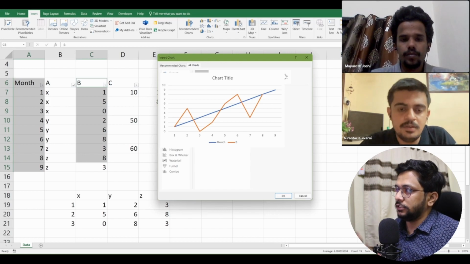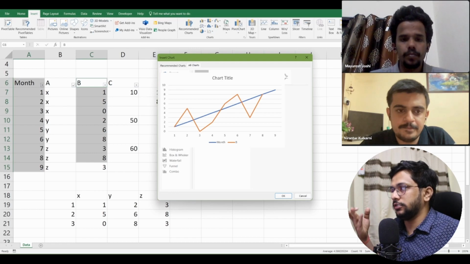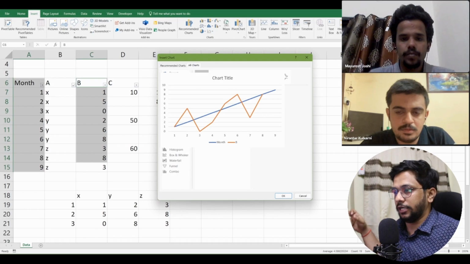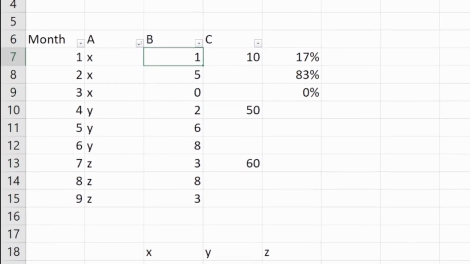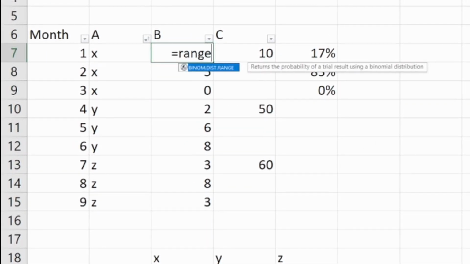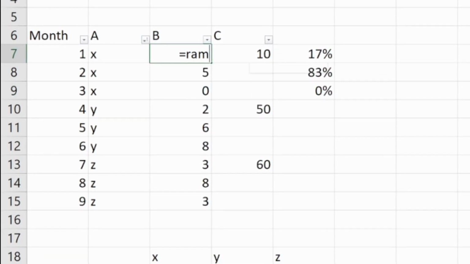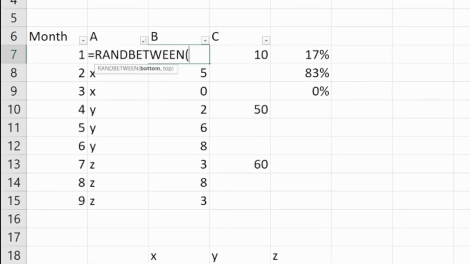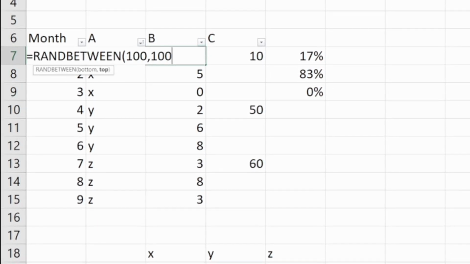But if you see, the blue line is month, each month, and the B line is a kind of simulation of data points that are moving up and down. Now if we just change this bit, I'll just use the range formula, or random, I'll just use RAND between 100 to 1000.